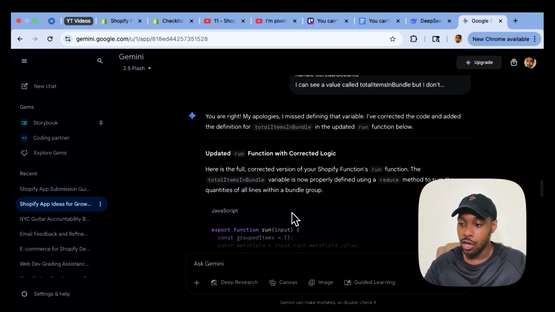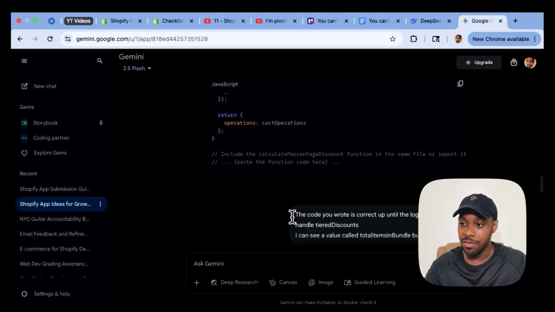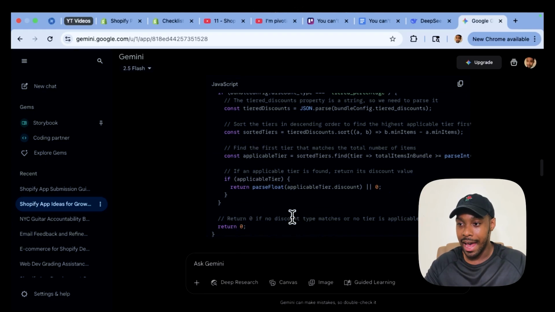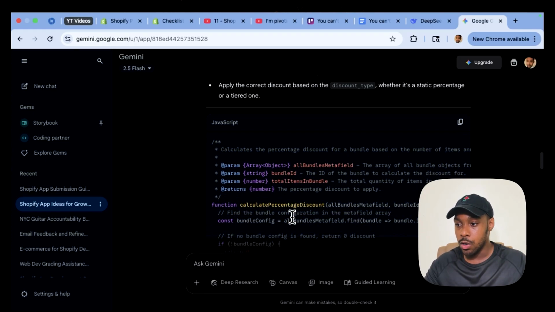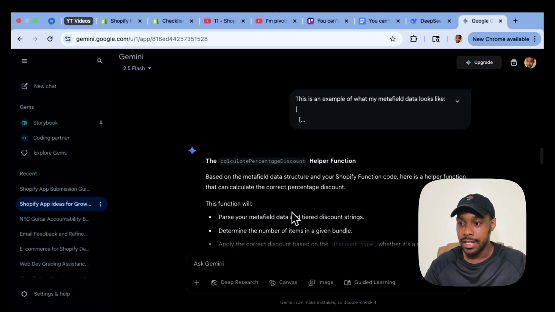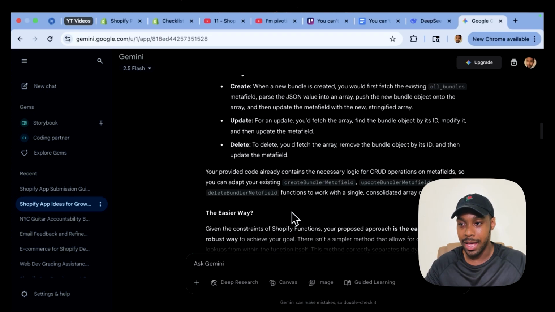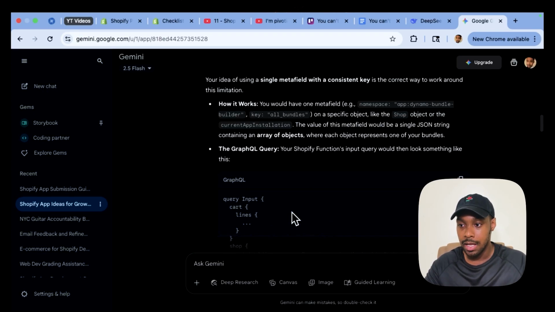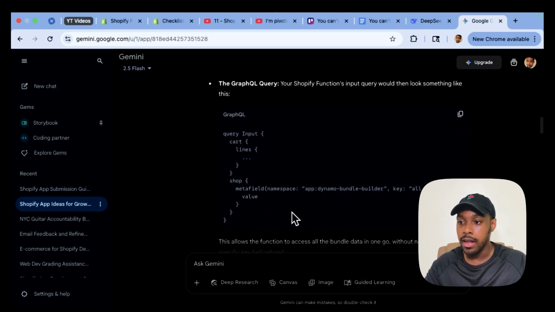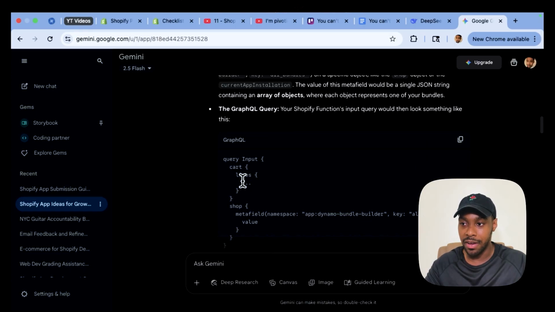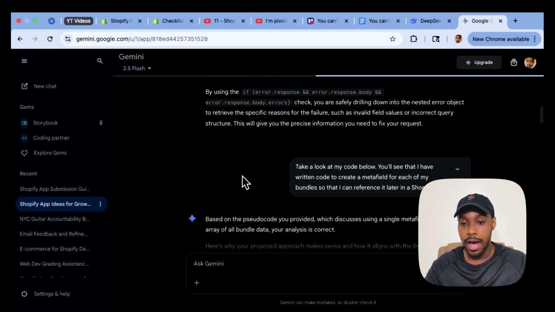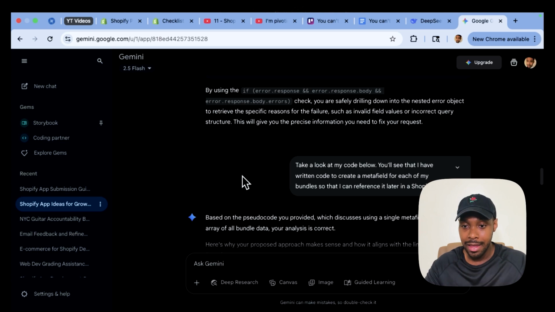Also, I pass in code to it and have it help me fix the different logic and add different features to it. Like the code you're seeing on the screen right now is code related to a Shopify function that is included in my app. So a lot of useful things here. Like right here, you can see the query input for a Shopify function. So I mainly use Gemini and Cline with DeepSeek to do all of my AI work for the Shopify app.